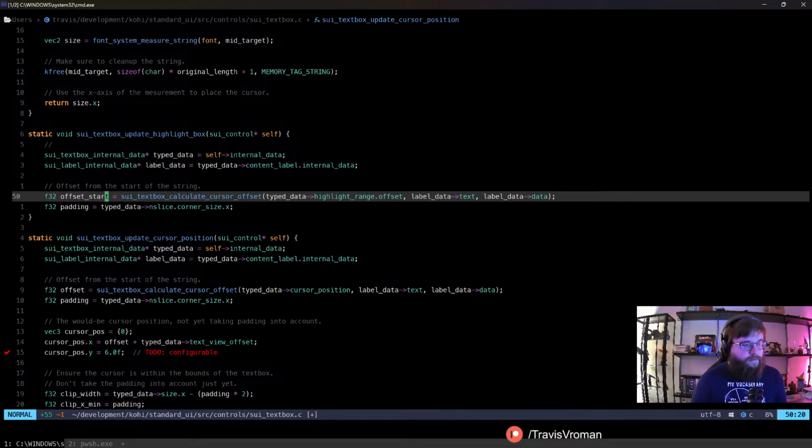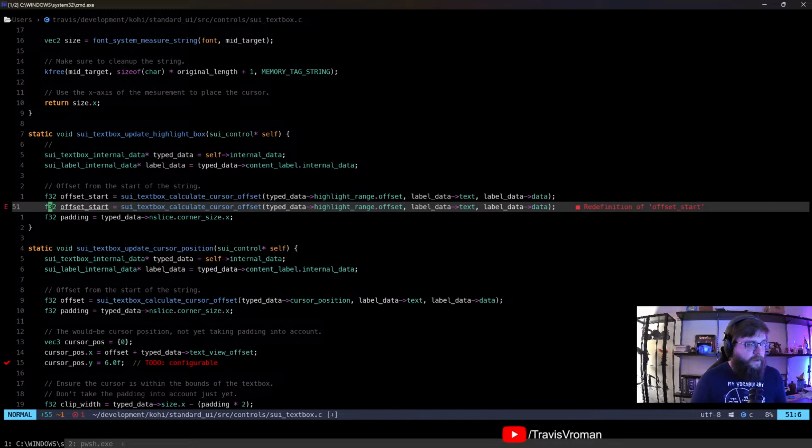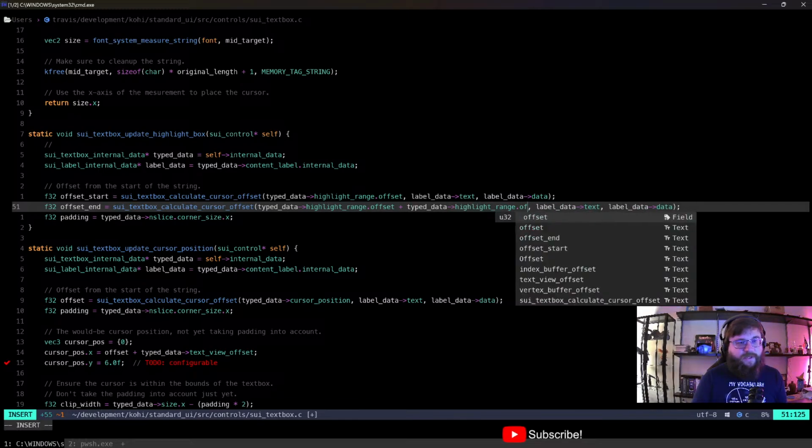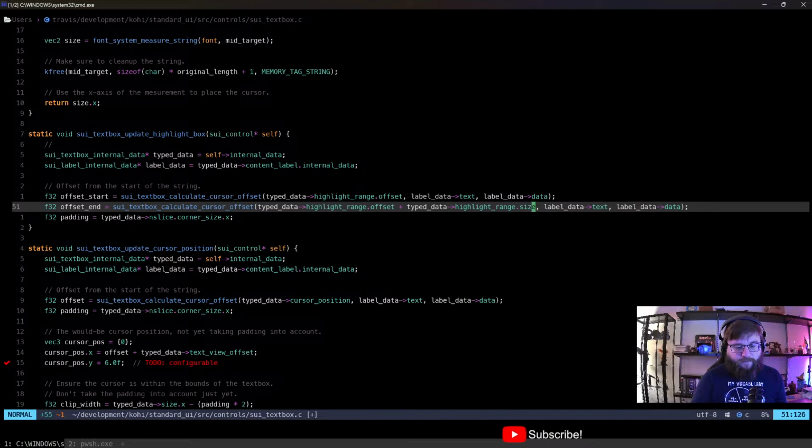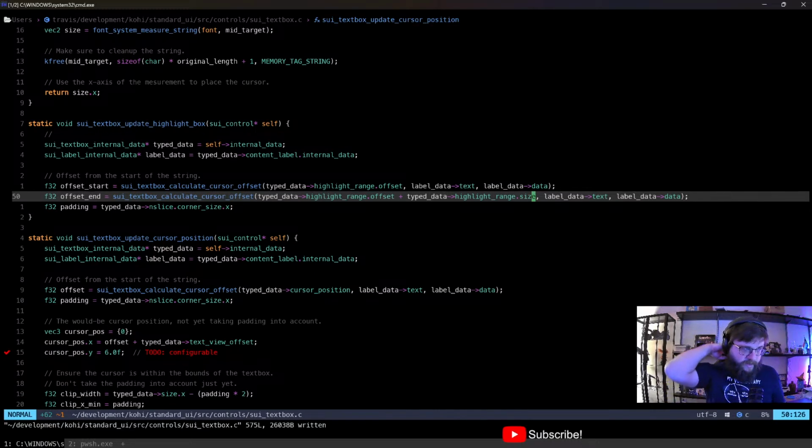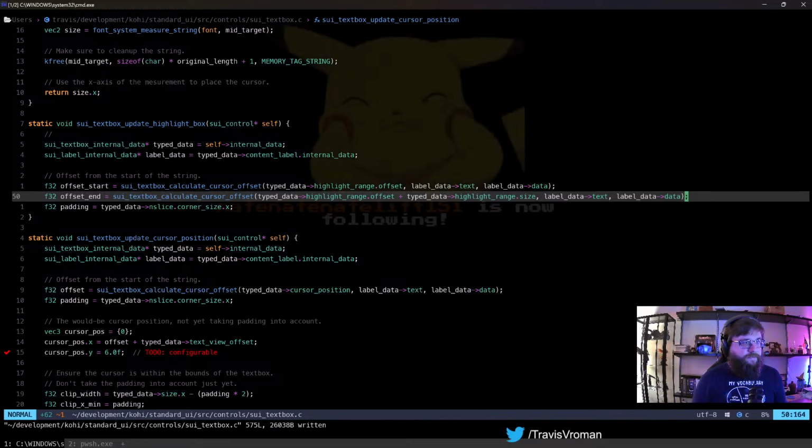And then offset end is going to literally just be offset plus type data, highlight range, offset size rather. Right, so beginning and end, those will be our offsets. And so we can then say